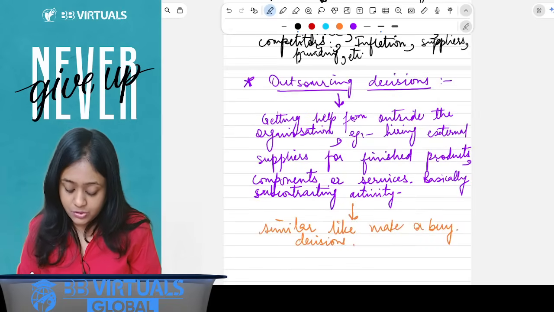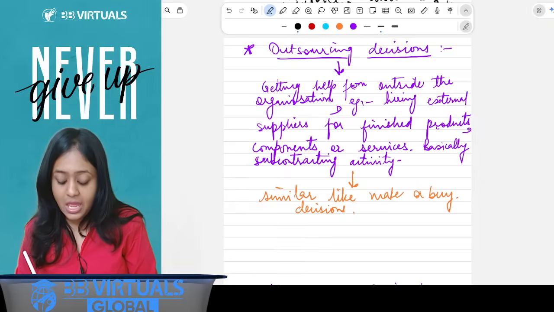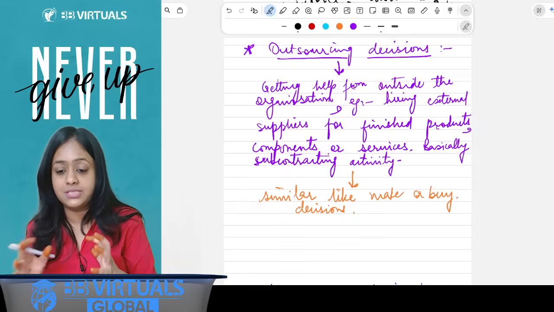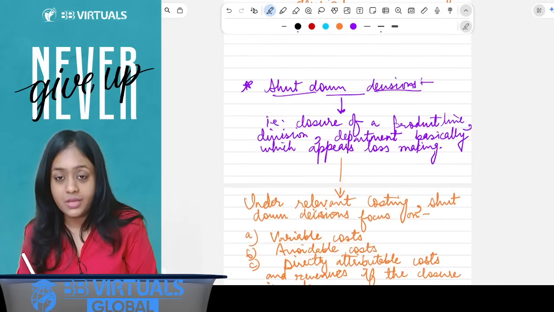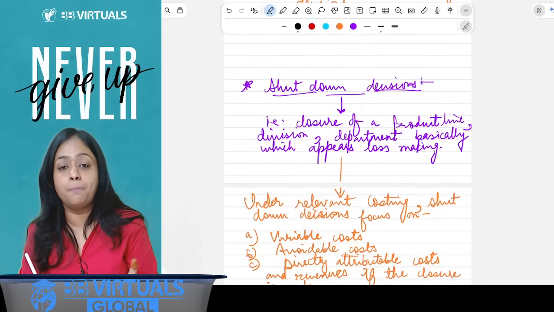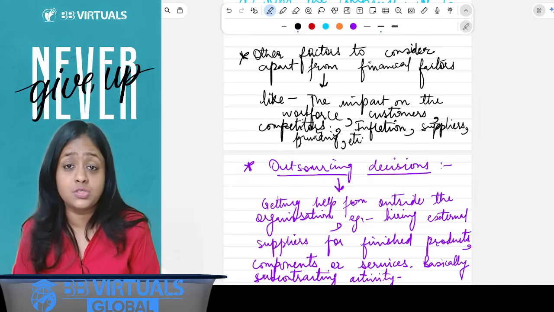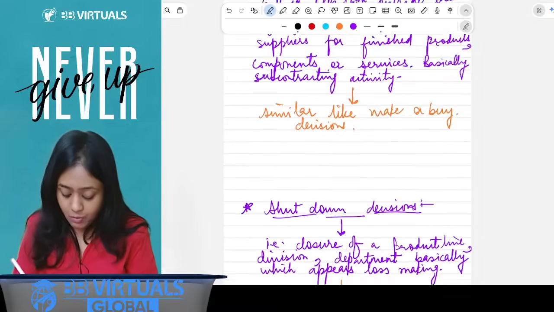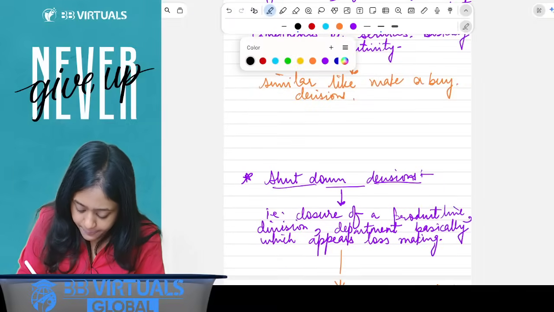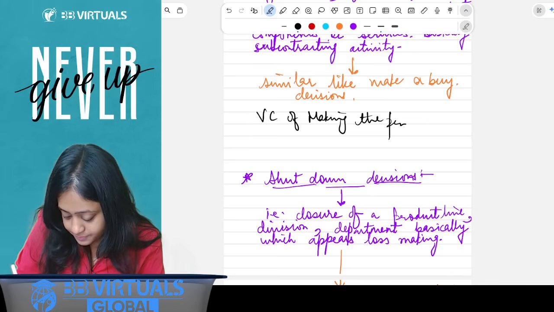When we take outsourced decisions, it simply means getting help from outside the organization, and we are hiring external suppliers for doing some part of the activity for that product. So simply, let me give you a summary of what we compare in these make or buy decisions or outsourcing decisions. We compare the variable cost of making the product in-house